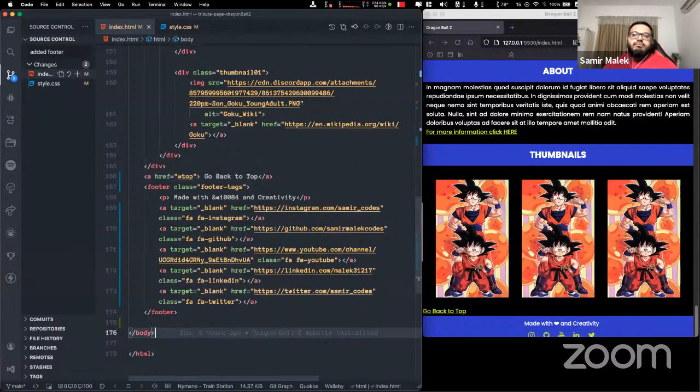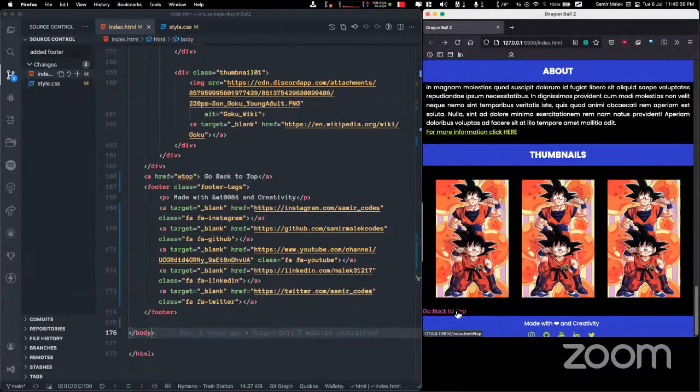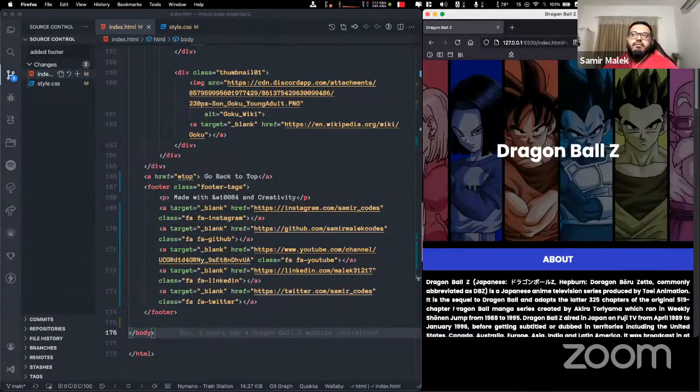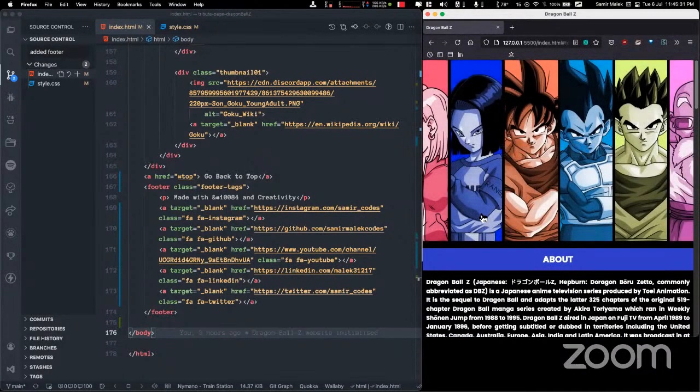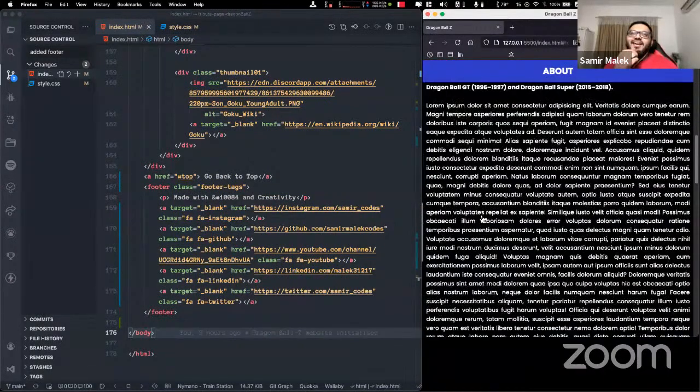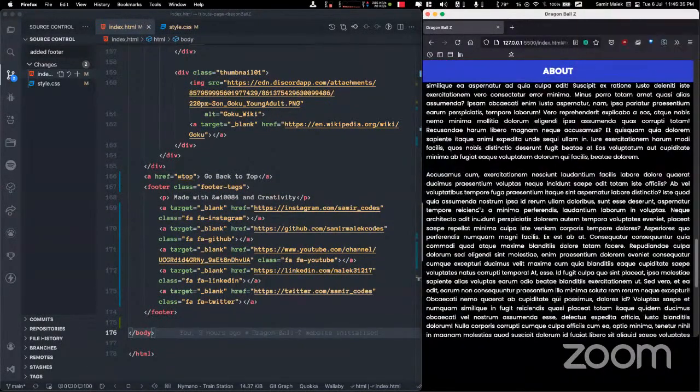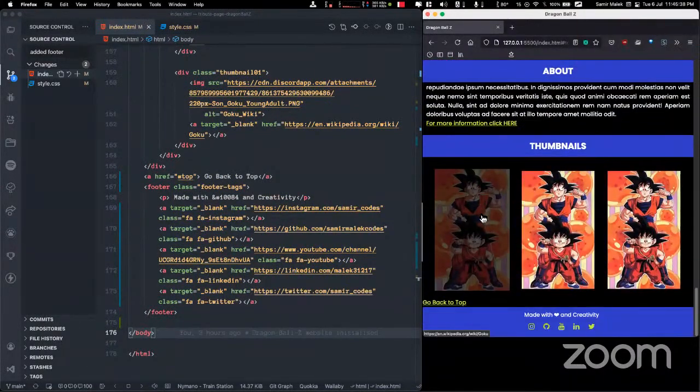So do you see that link? Okay. So click on that link. Oh, it takes you up there. Just needs the ID. Yeah, it works. And if you want to make it go up smoothly, like if you want it to scroll up,